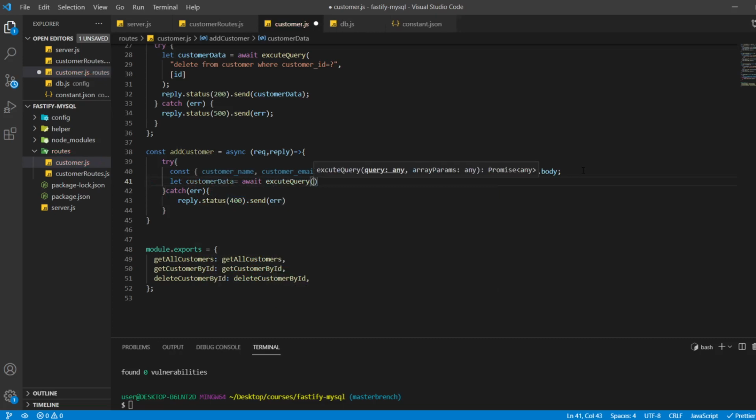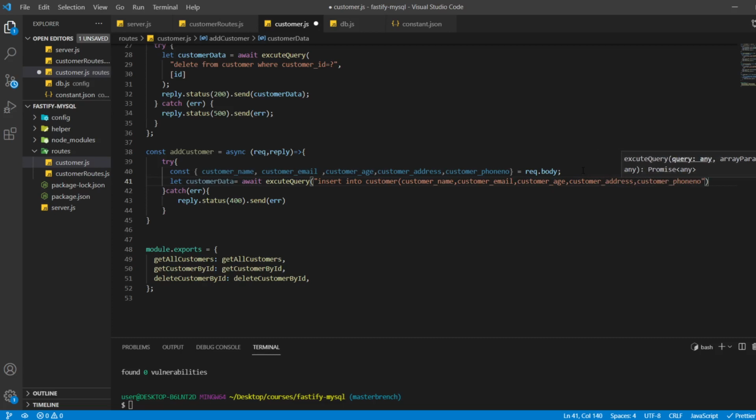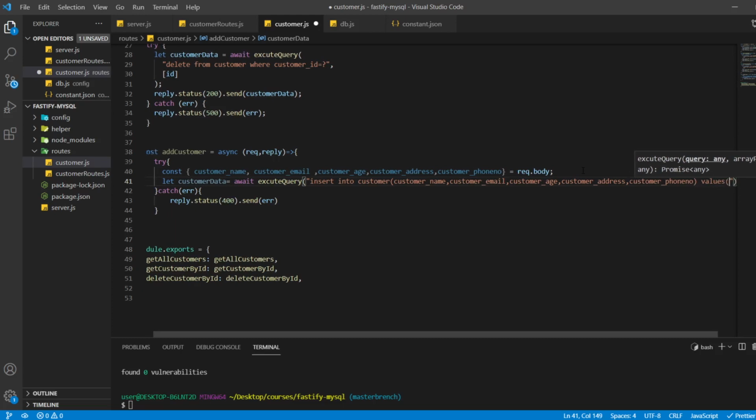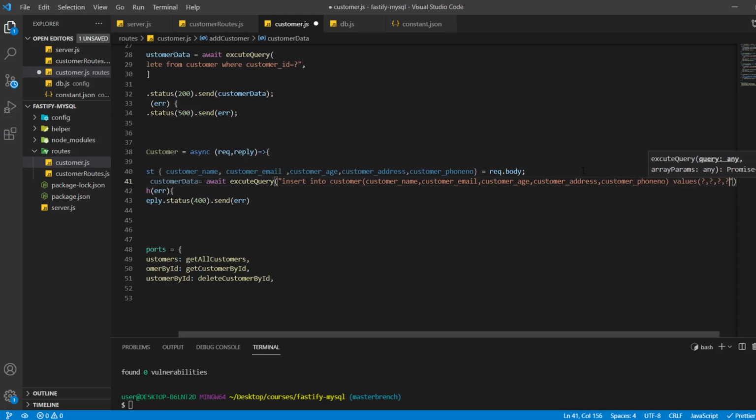Here we will write the query: insert into customer values customer-name, customer-email, customer-age, customer-address and customer-phone-number, and then we can close this, and then we'll pass the values, question mark question mark question mark question mark question mark.